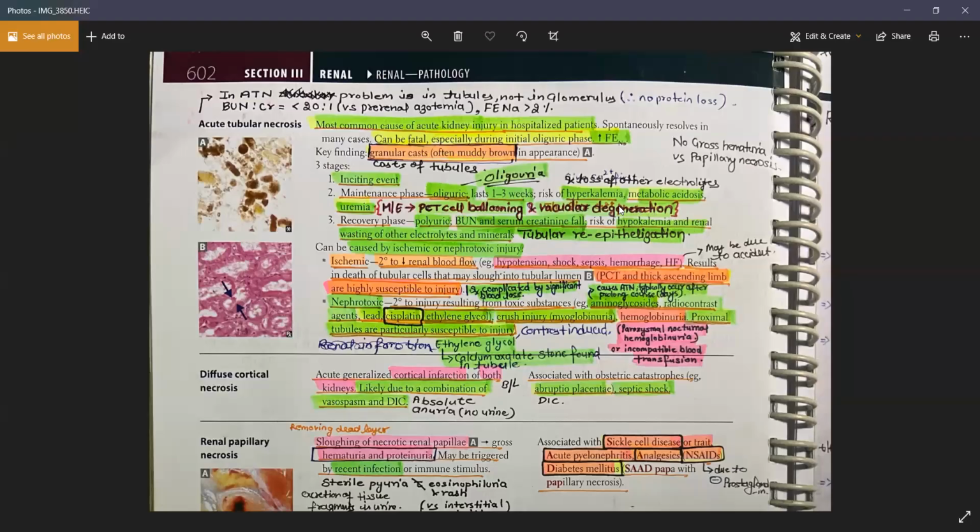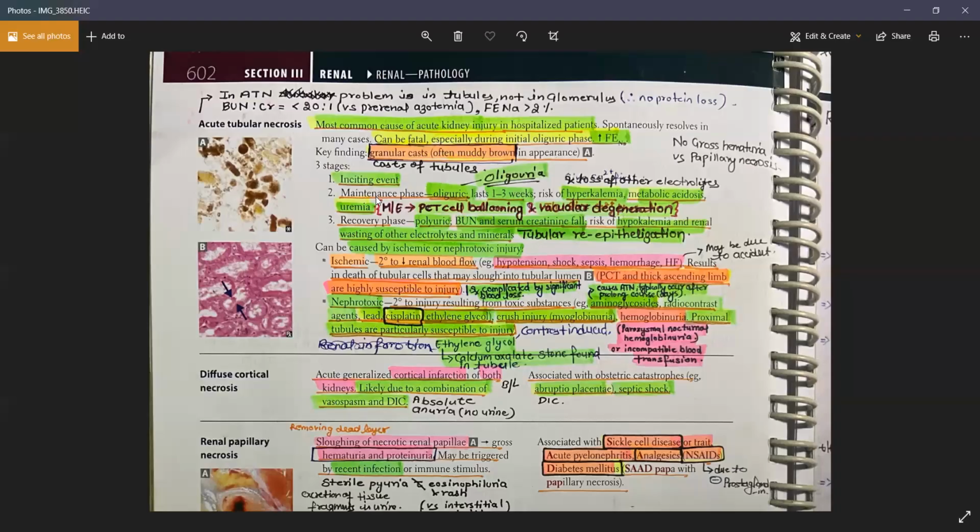Could you repeat the 3 stages again? In the first stage, the inciting event, any of these risk factors can cause this inciting event. After this inciting event, within 24 hours, the patient will enter the maintenance phase, in which the glomeruli